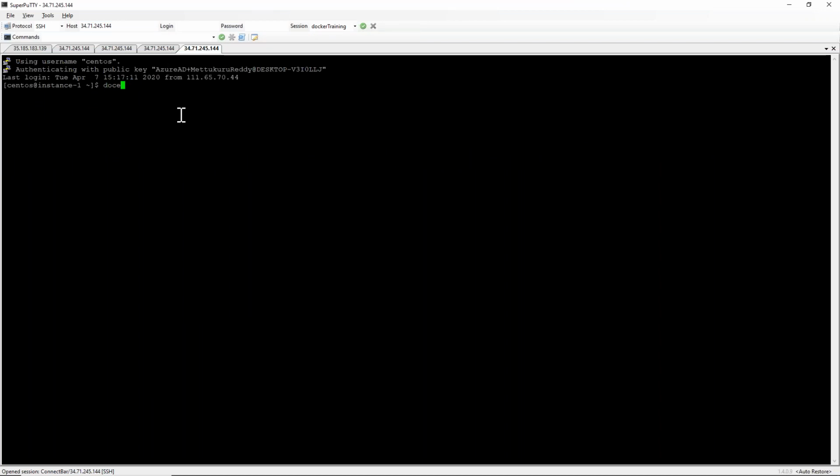Docker ps. So there is something running. There's a container running from the httpd image. The command it's running is this one, and it is up for 26 seconds. So it means it is live.